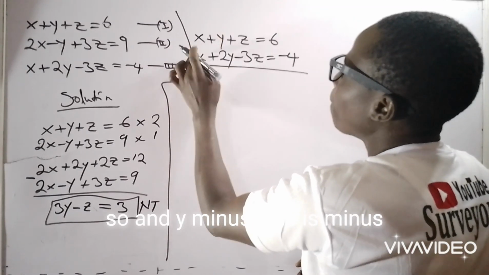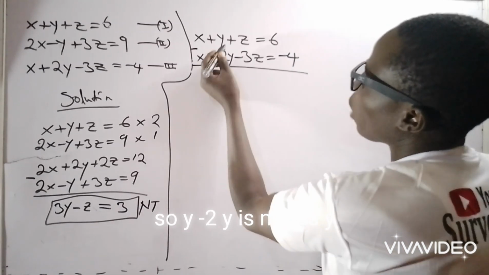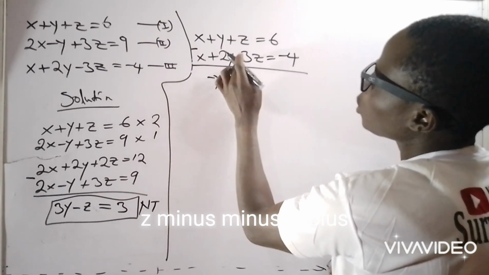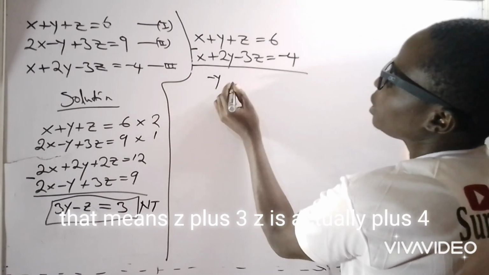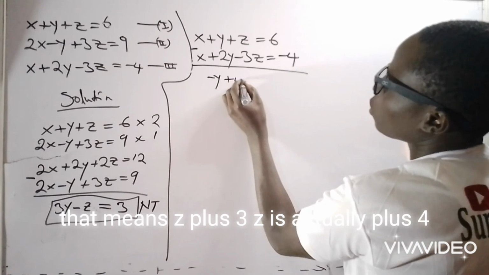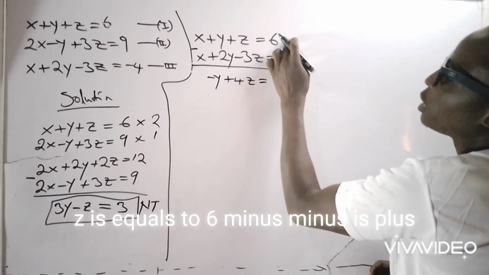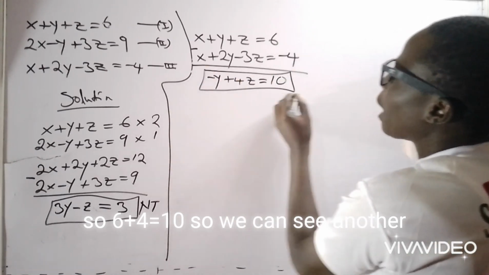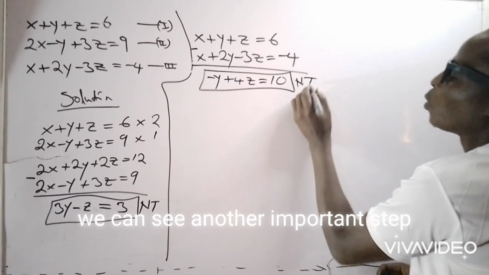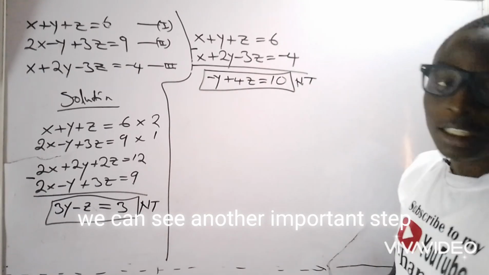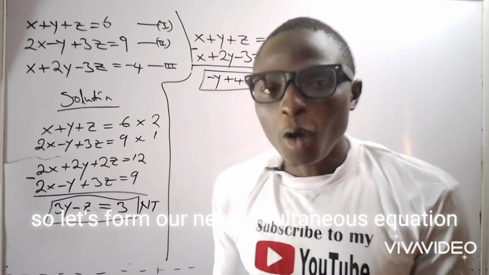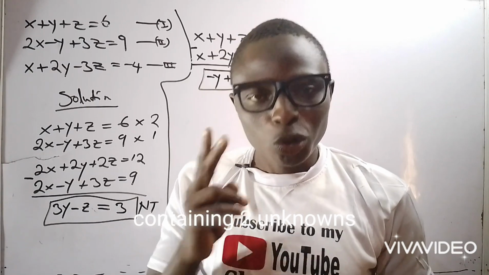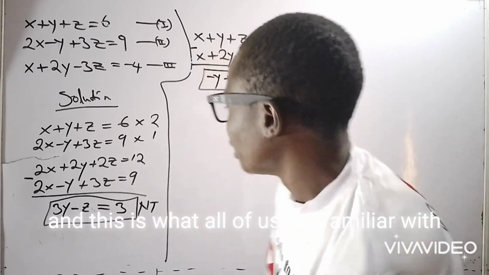So, y minus 2y is minus y. Z minus minus is plus, so z plus 3z is plus 4z, equals 6 minus minus is plus, so 6 plus 4 is 10. So we can see another important step. Let's form our new simultaneous equation containing two equations, two unknowns,